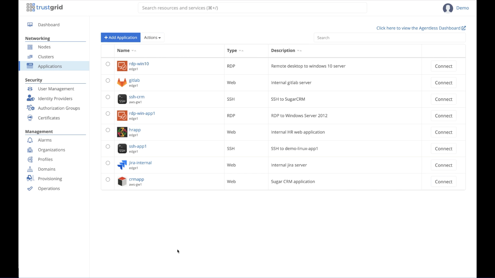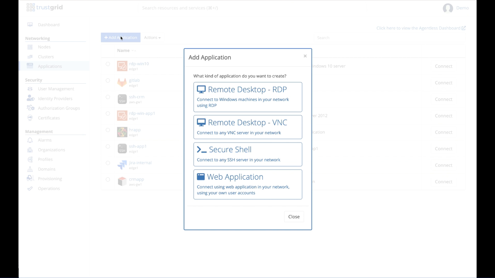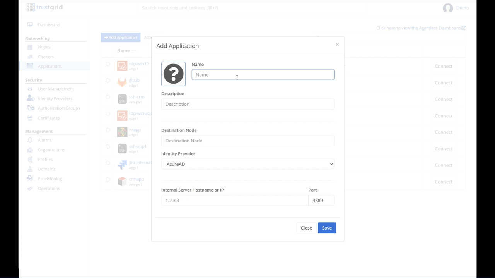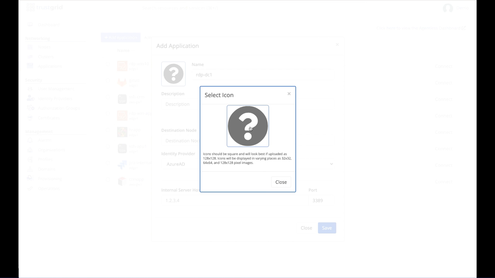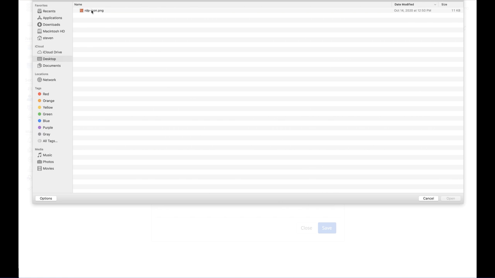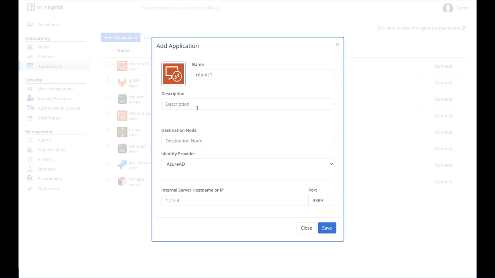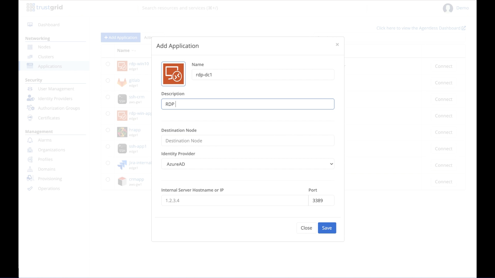Let's start by looking at how an administrator would create a new remote access application within the Trustgrid Management Portal. We go to the Applications panel, we click on Add Application, we then select the type of application we want to access. In this case we're going to choose RDP, but VNC, SSH, and Web are also options. We enter in the name of the application. You can select an icon that an end user will see when accessing the application from the end user portal. A description,